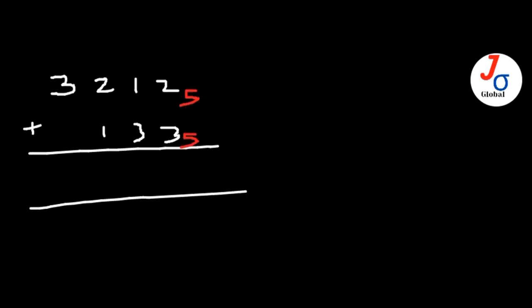So here we have this example, and we're dealing with numbers in base 5. So what do we do? We're going to start from the right hand side. I have 2 plus 3 is 5. Of course, 5 is equal to 5, so I'm going to do 5 divided by 5, and what I have is 1 remainder 0. So I'm going to write down the remainder 0,